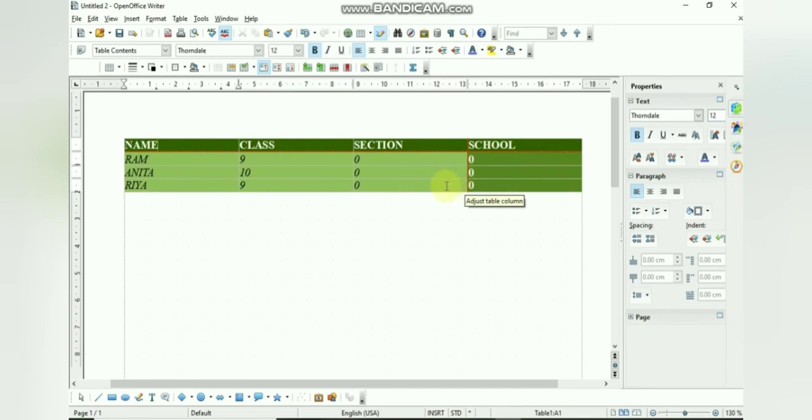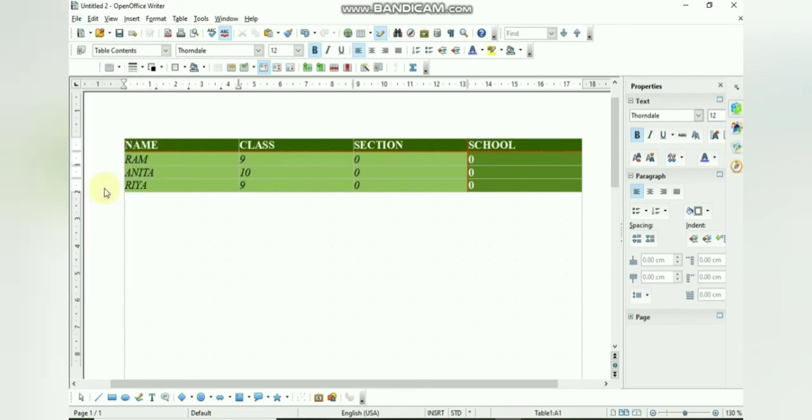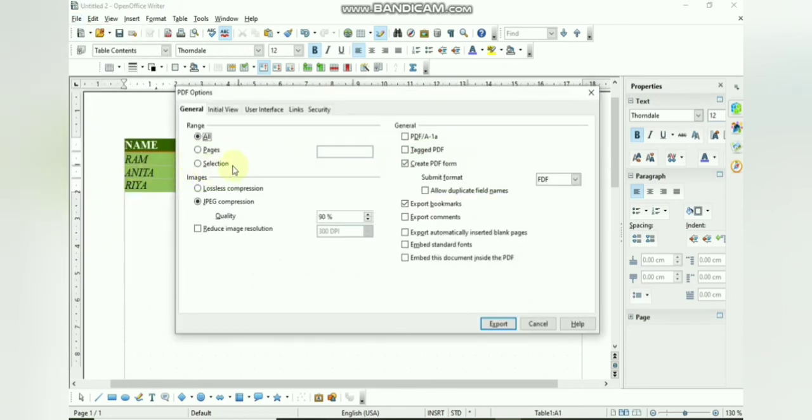The last one we have is how to export our document. See, for this particular document I want to export as a PDF. So for this option also, in order to export the document as PDF, we can just directly click on the option which we find on the standard toolbar, that is export directly as PDF. Or what you can do is click on the file command again over here, and then click on export as PDF. Okay, so just click on export as PDF and you will see the PDF options dialog box will appear. Then you just have to click on export.